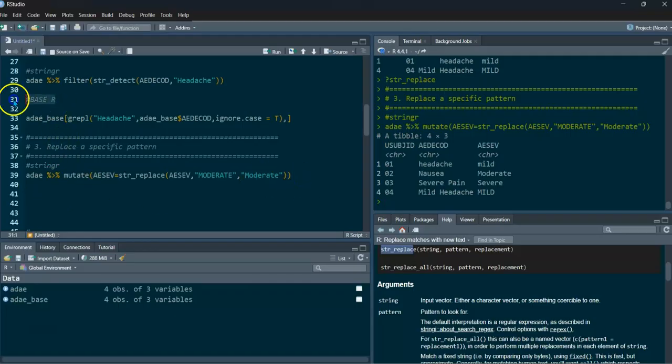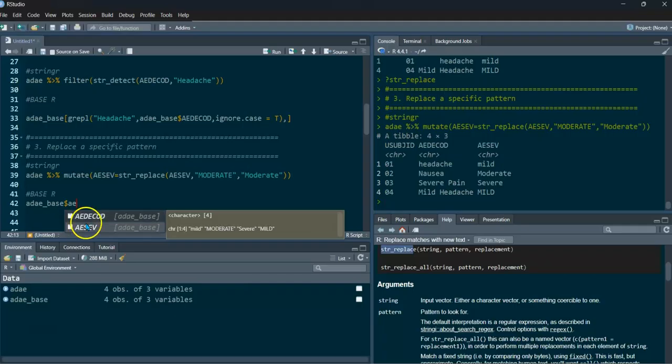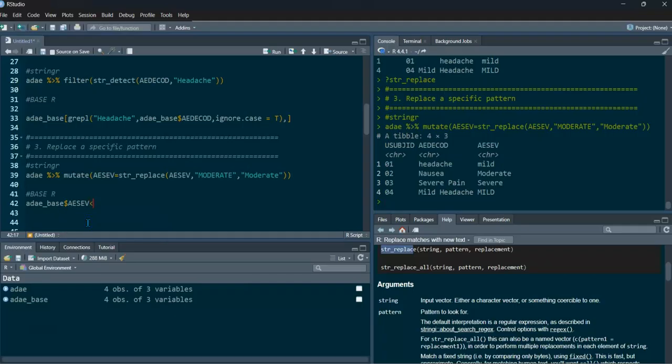Now I'm showing how we can do the same task in base R. This is for the base R function. Here I'm using ADAE_base, and subset the AE severity variable, because I'm modifying in this table and in this variable. That's why I'm assigning the new value to the same variable so that we can get this kind of output. So I'm saying sub